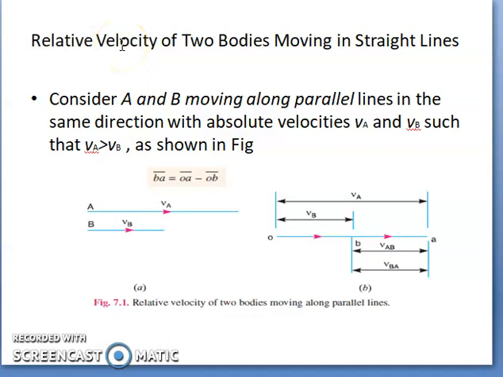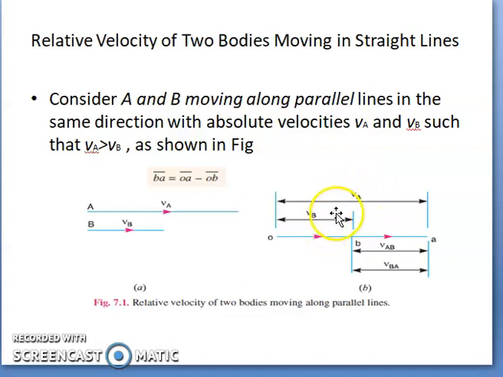So first of all, let us see what is relative velocity. Let us consider two bodies A and B. Body A is moving with a velocity of VA and body B is moving with a velocity of VB. Here you can represent them as vectors, VA vector and VB vector. Now, the relative velocity is this: when you are in body A and you are looking at body B, the difference in velocity will be the relative velocity, that is, the relative velocity of A with respect to B.